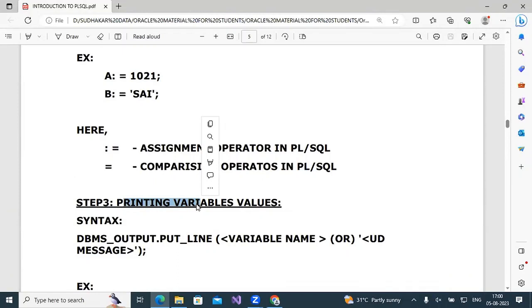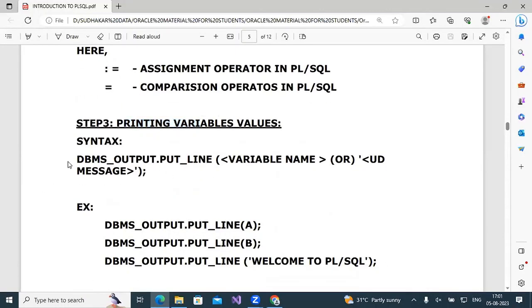System.out.println: are you using it or not? For what purpose? Data output. The program output, you want to print it. Same as how you are using System.out.println in Java programs, same to same in PLSQL programs. I'm using DBMS_OUTPUT.PUT_LINE of